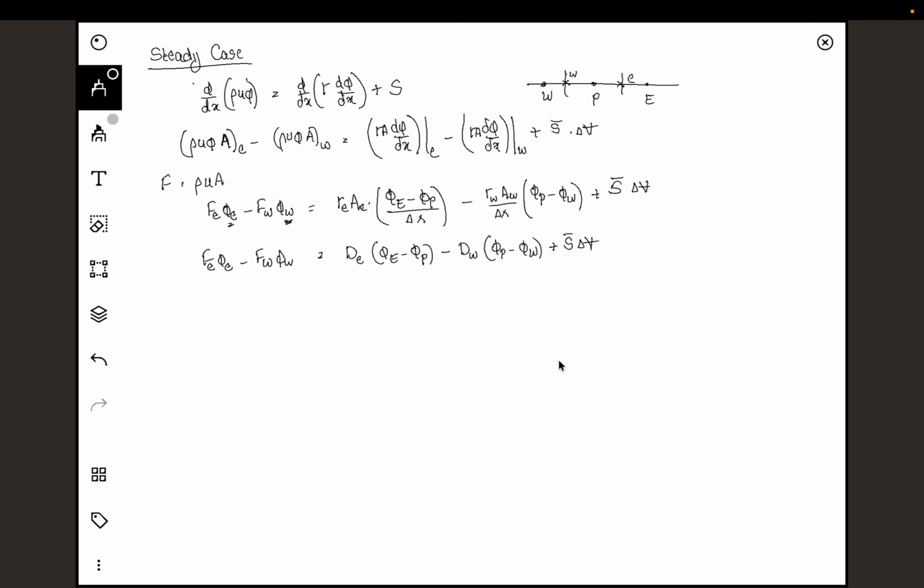Whatever is generated inside, S bar delta V, should be equal to the fluxes that are going outside. So what is going outside from east, plus,